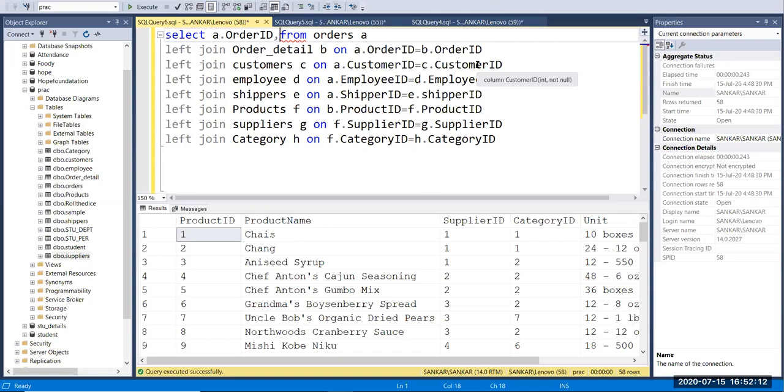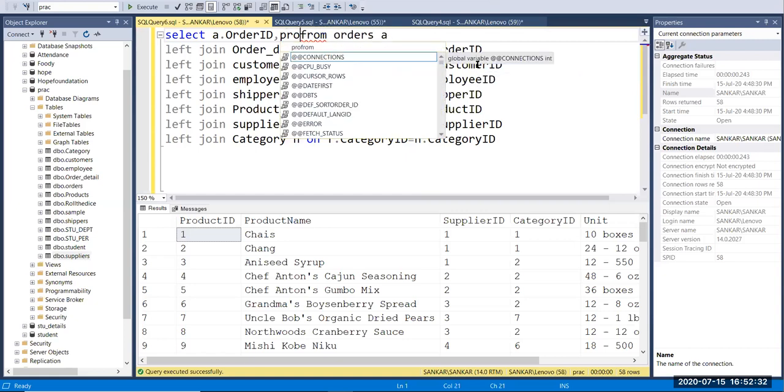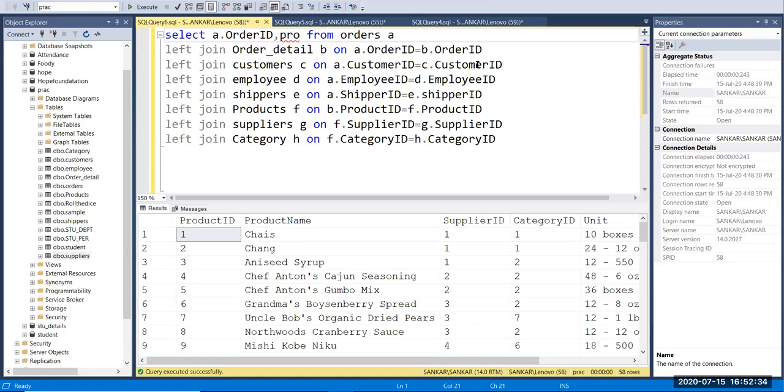If you're having different columns, you don't need to mention the table, but for duplicates you write a dot order id or b dot order id, like that. Next I'm going to grab the product name, and after that a category.